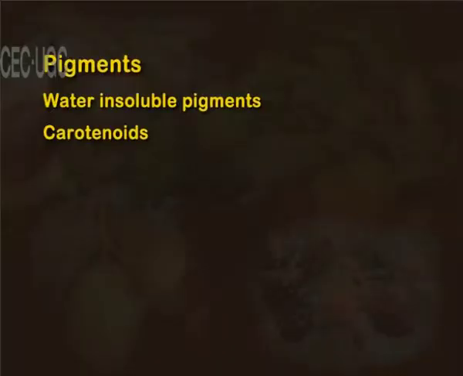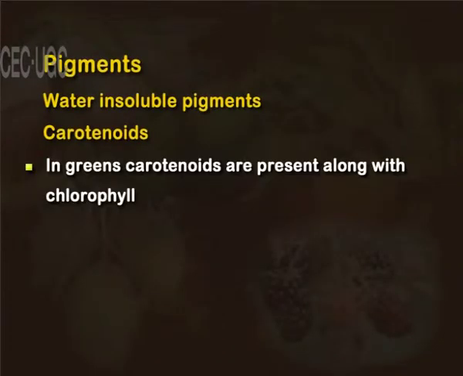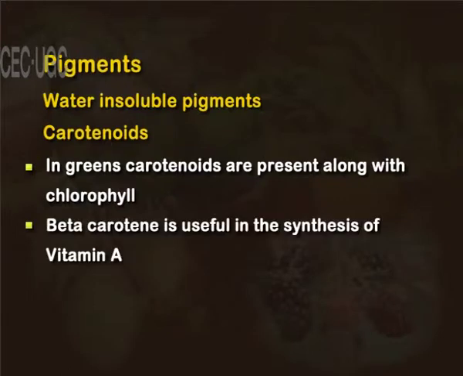They are seen mostly in the yellow, orange and red colored vegetables and fruits. Now in greens the carotenoids are present along with chlorophyll. Beta carotene is useful as it is converted to vitamin A. Now coming to water soluble pigments, the first we have are what we call the flavonoid pigments, which are classified